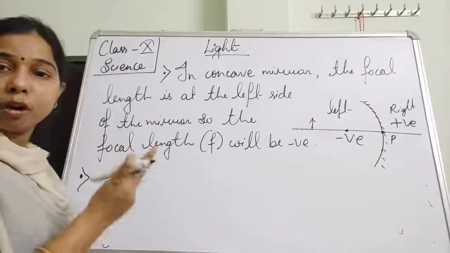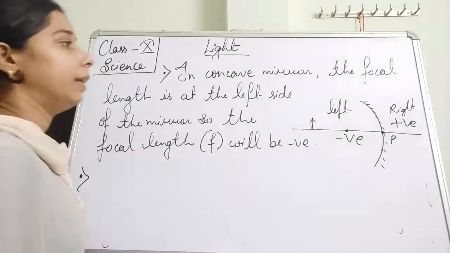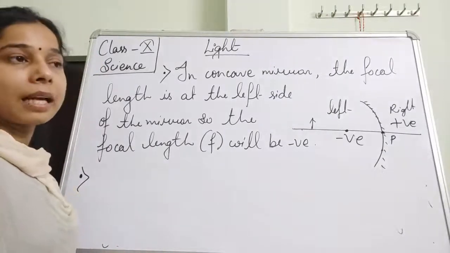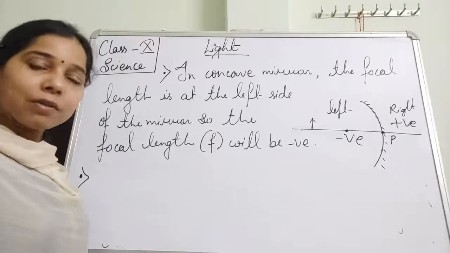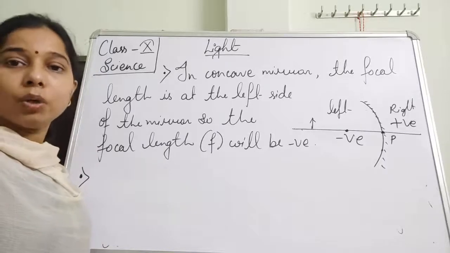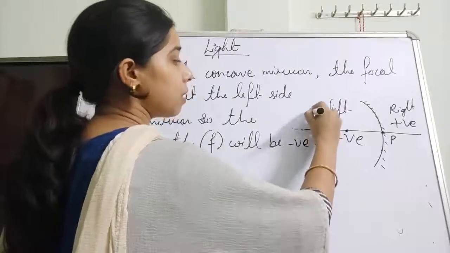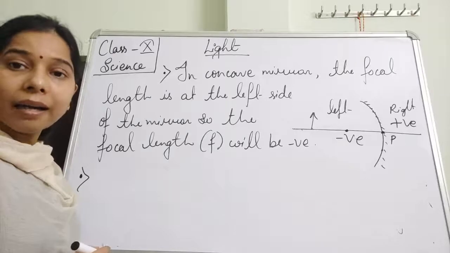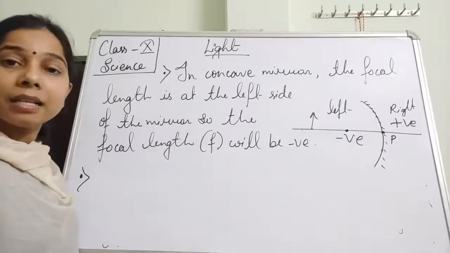Now let us move on. We have understood the object distance, the image distance as well as the focal length. Now moving on, we will see the height. So what are the sign conventions that we have seen for height, students? If the distance we measure is in the upward direction perpendicular to the principal axis, it means if it is in the upward direction, at that time the distance measured, the height in the upward direction, will be taken as positive.